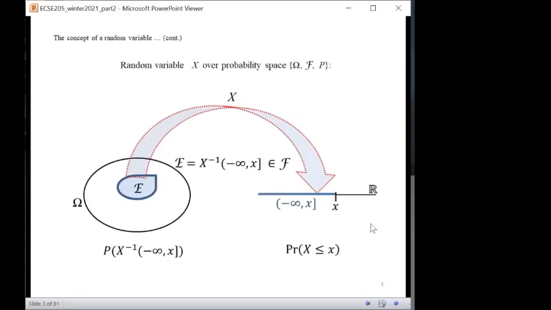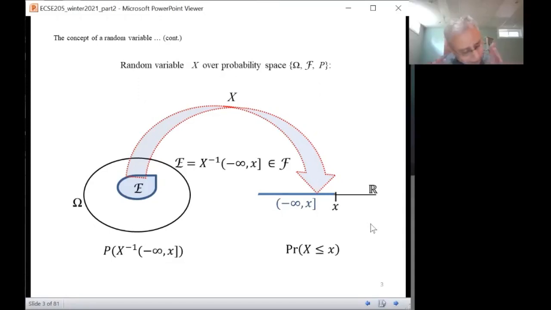I have a question, sir. Why are we putting minus infinity? How could it be that there is... Okay, let me stop here right now. This is not a valid question.